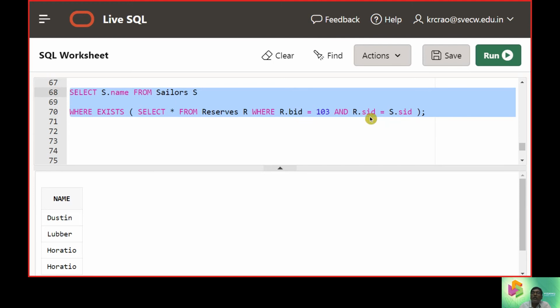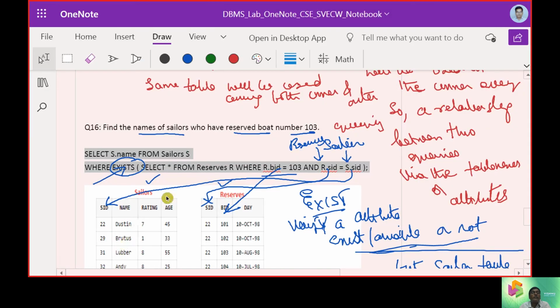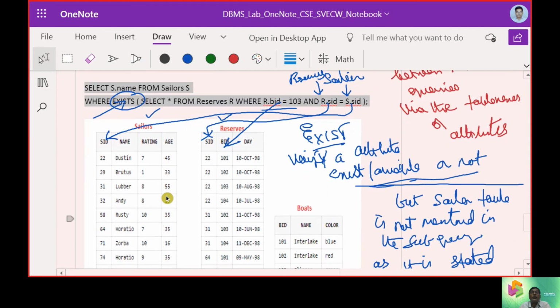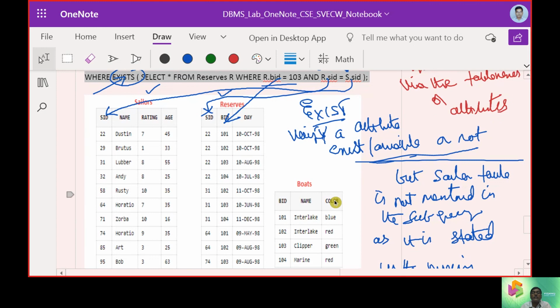Sailor ID is common in reserves and sailors, and boat ID was with a fixed value condition, that is 103. Let us hit the run button to see the answer. So we will get Dustin, Lubber and Horatio.